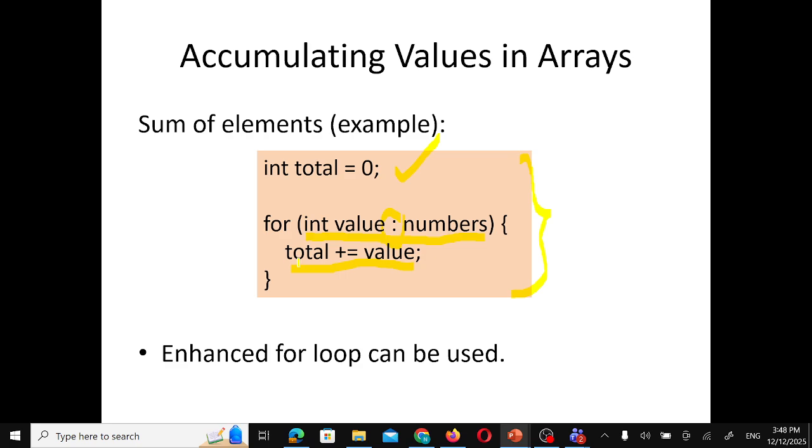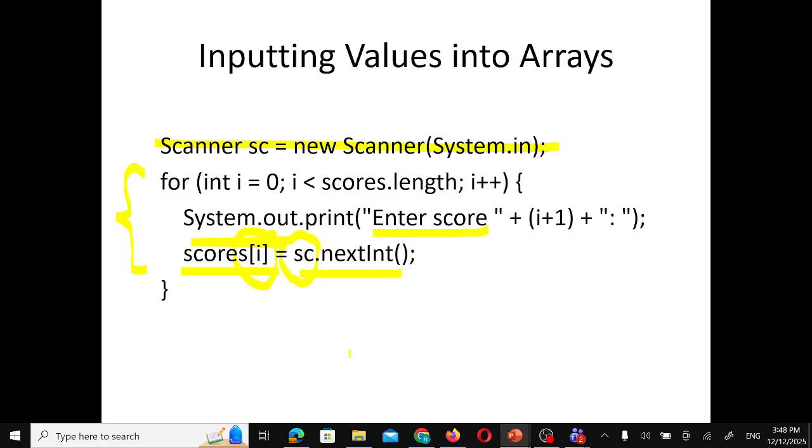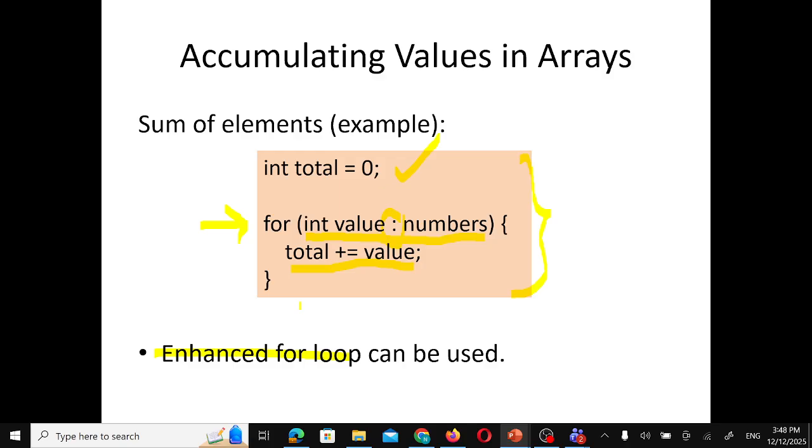So in this loop, we use the enhanced for loop. This part we call the enhanced for loop, or sometimes it is called the for each loop. So what is different about this enhanced for loop? Instead of using an index like the previous example, where we have an index using the square brackets,